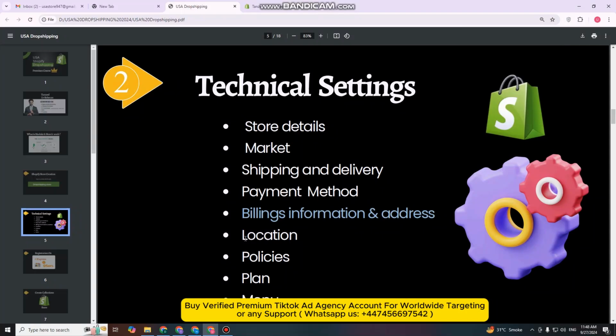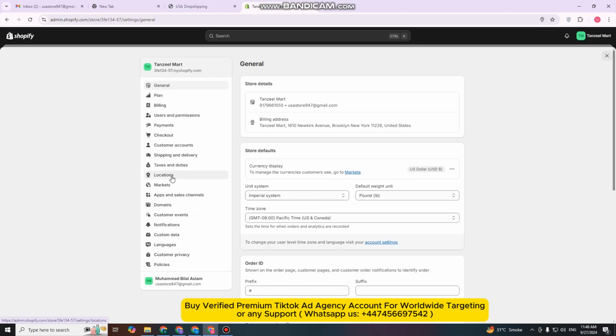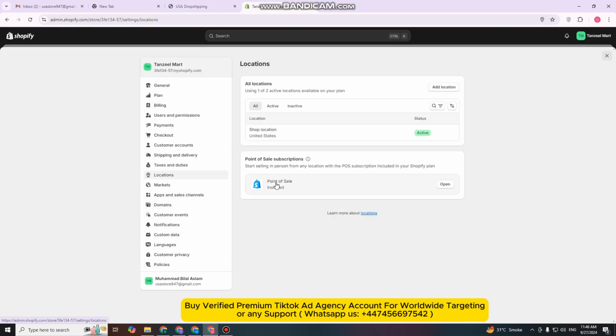Now we have to go to another option, so we can check our location. So we will go to the location. We have to check that there is an active